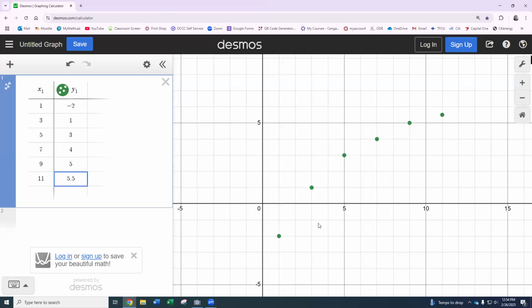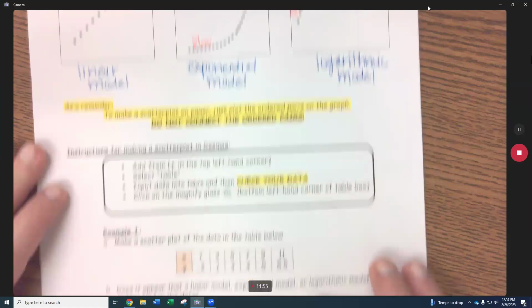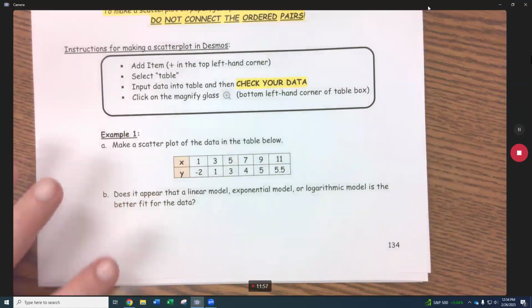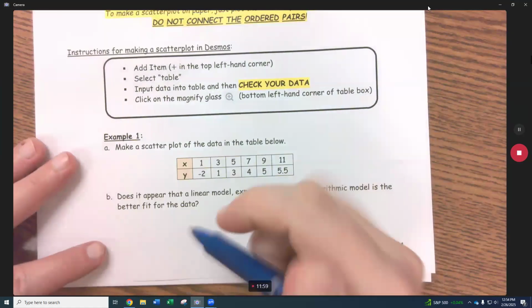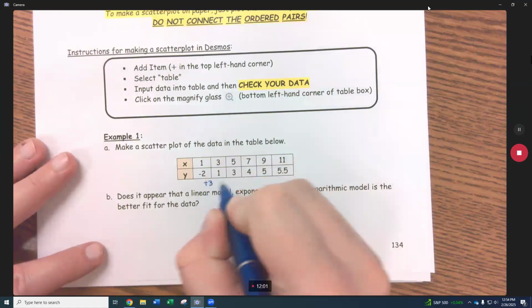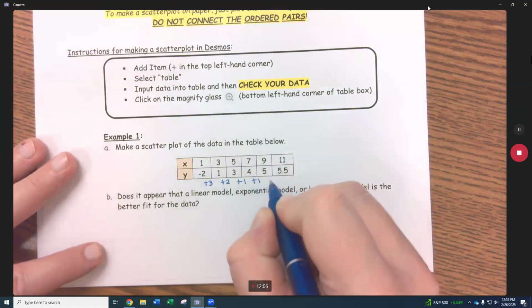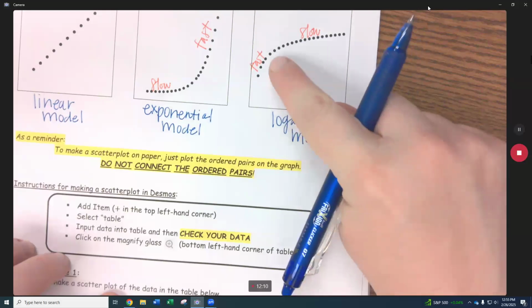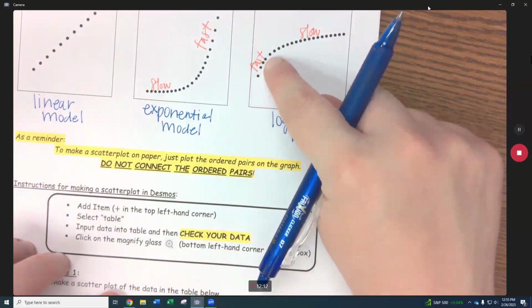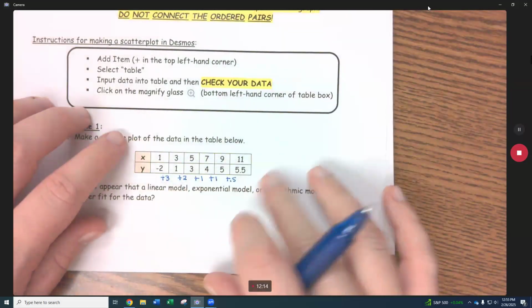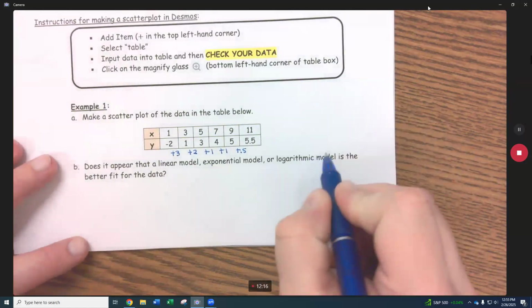This one's going to be that log where it's going faster and then going slower. And honestly, I didn't even have to plot that to be able to see that. When you look at these values here, this is increasing here by 3, then increasing by 2, then by 1, and then by 0.5. So this is starting faster and then slowing down on how it's increasing here. So this is your